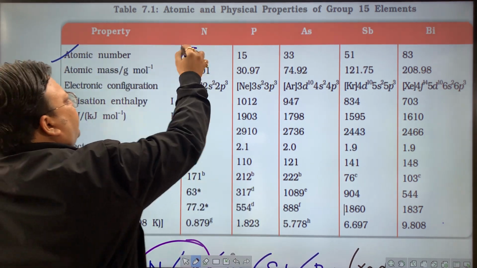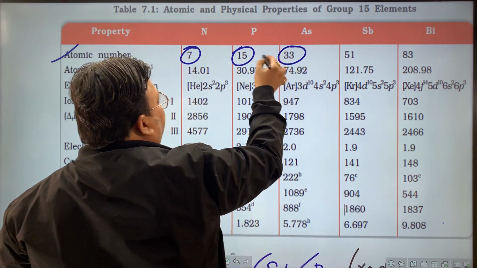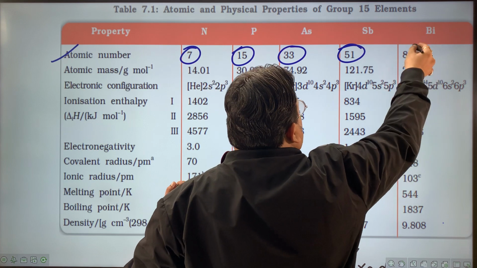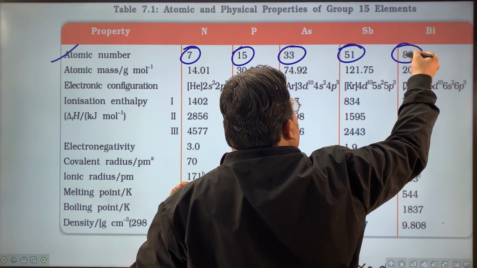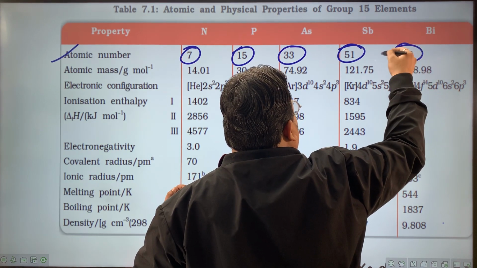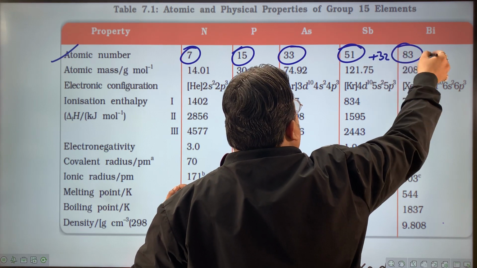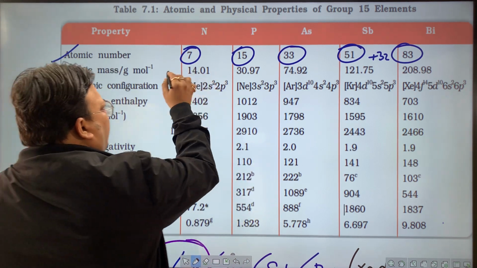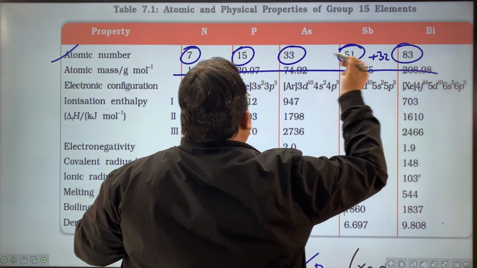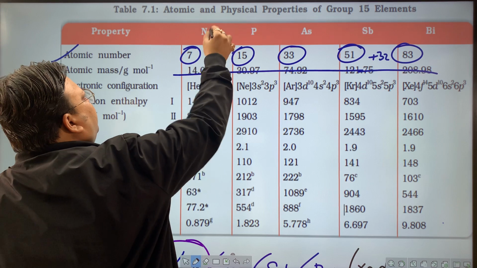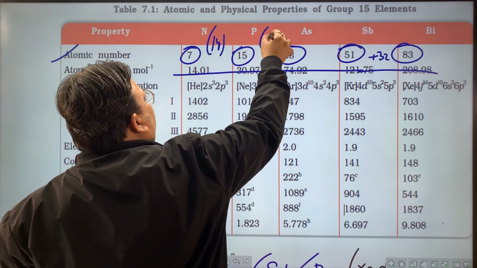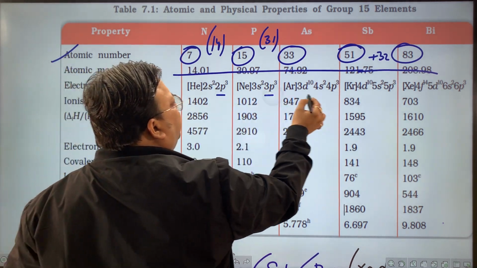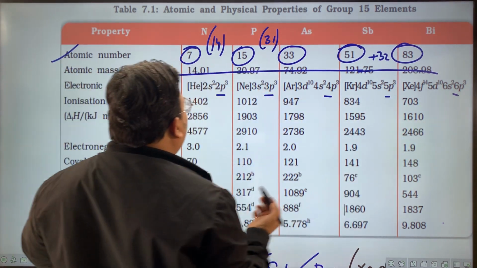Atomic number: 7, 8, 15 and then 18 because of the 3d filling in. Then 4d filling in. Then 4d and 5f, 4f. You will have 4f coming in, so this will be a difference of 32, plus 32 will be moscovium, 115. So this is understood. Atomic mass is not required. You don't need to mug up the atomic mass. Nitrogen atomic mass 14 and phosphorus 31 are the two values we'll need. Otherwise, we don't need the atomic mass. Electronic configuration 2p3, 3p3, 4p3, 5p3, 6p3 is known anyways.